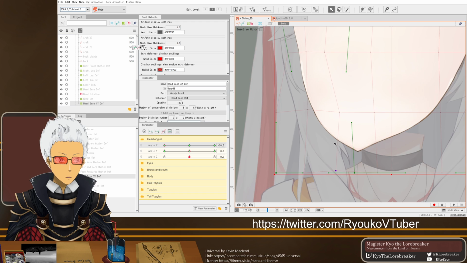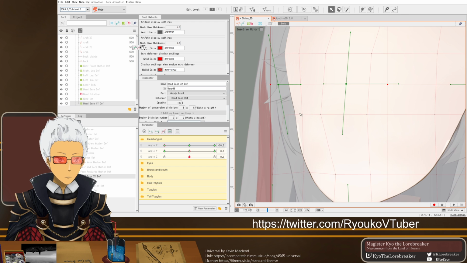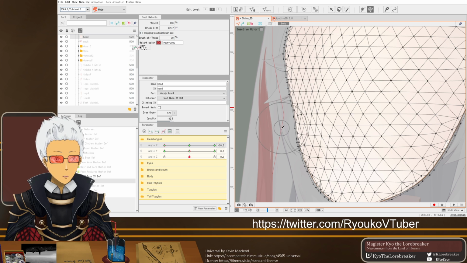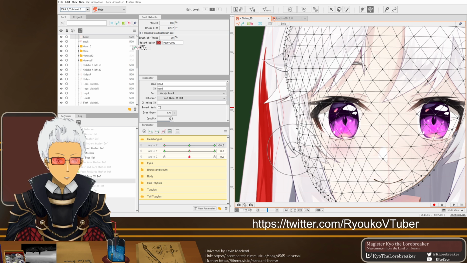So maybe pull that up. Not sure I should need to pull this in. Another thing is I could go straight to the head mesh, turn on these parts, and then just start bringing them in. And once again, turn off the solo button, just check where her eyes are. Just very gently start moving things in.